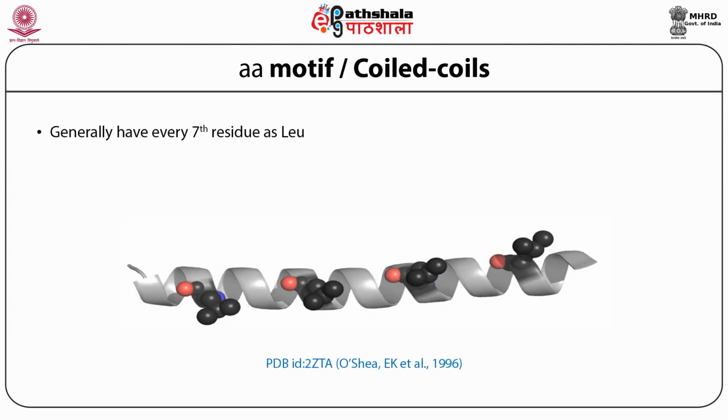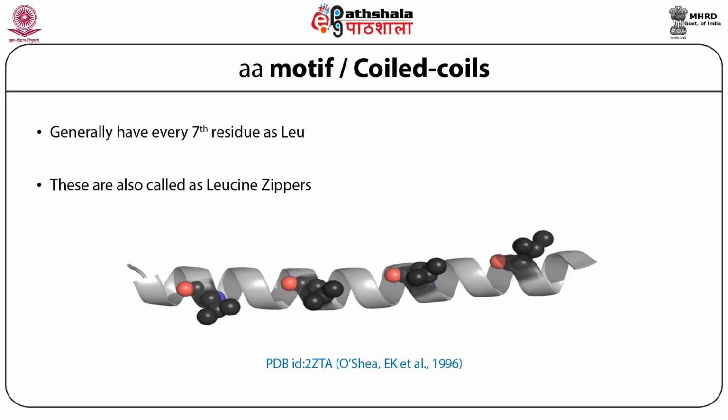So the simplest example is if you take every seventh residue as a leucine, and I've shown you the example here, all the leucines are coming on a similar axis on the helix. There is a small shift, as I said, and that's how they form a coiled coil. So the leucines come on one side of the helix, and in the next slide you can see that. On one side of the helical axis you have leucines. On the other side, between the 4 amino acids, there is a small pocket, or a small hole. So this leucine from one helix actually enters into the hole of the next helix.